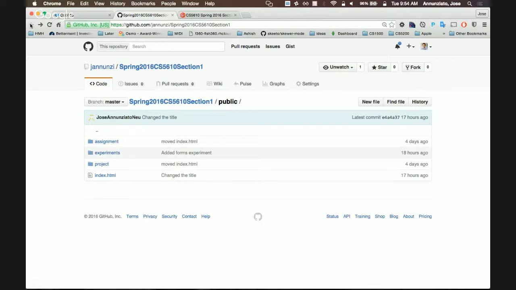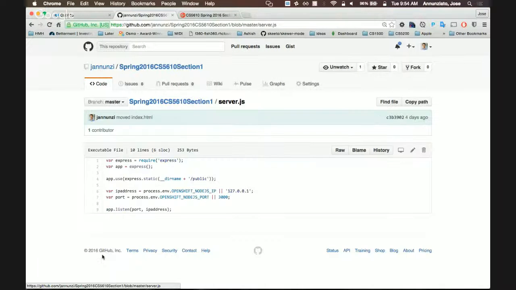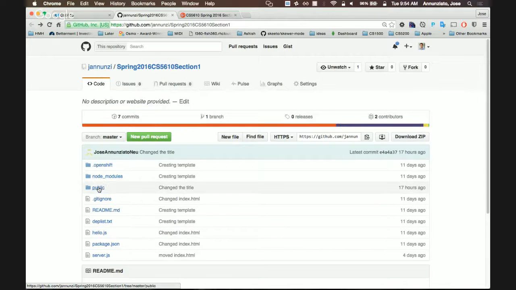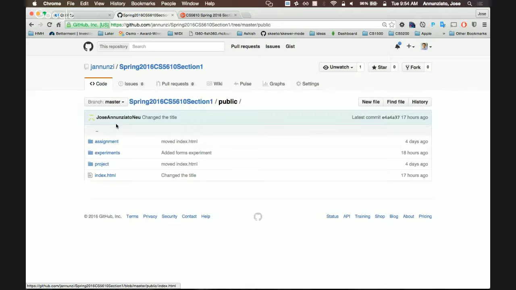You can look at the server configuration, right? Express, public, OpenShift, and the app.listen. So this is all source code that we worked on last week and the week before. And notice that under the public directory, I've created a couple of directories: the assignment directory, the experiments directory, the project directory, and you should be following somewhat of a similar folder structure